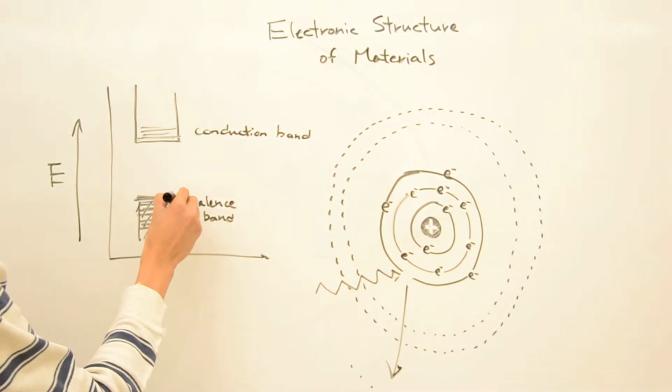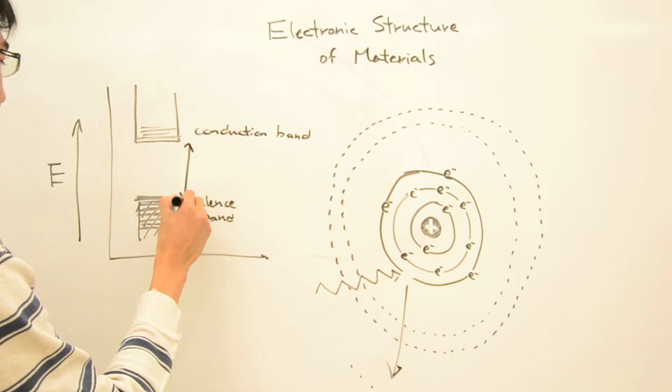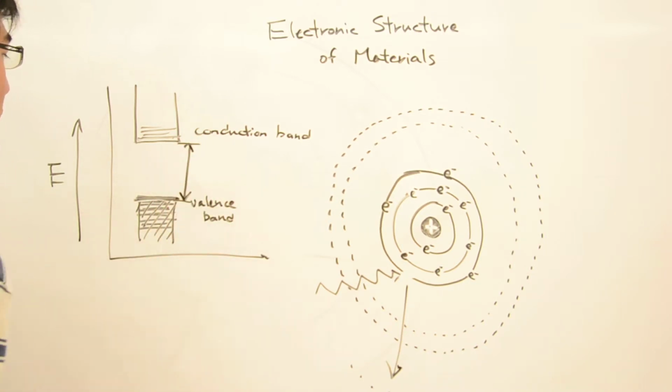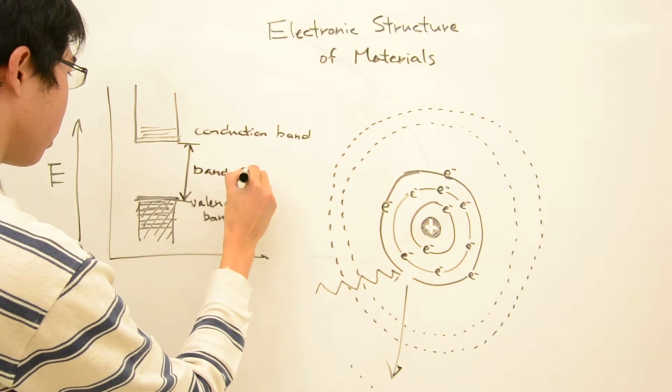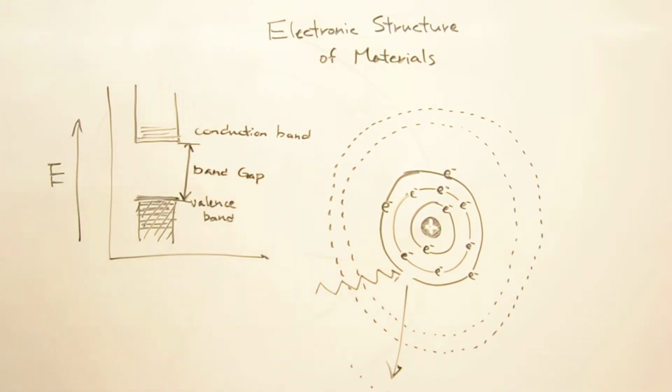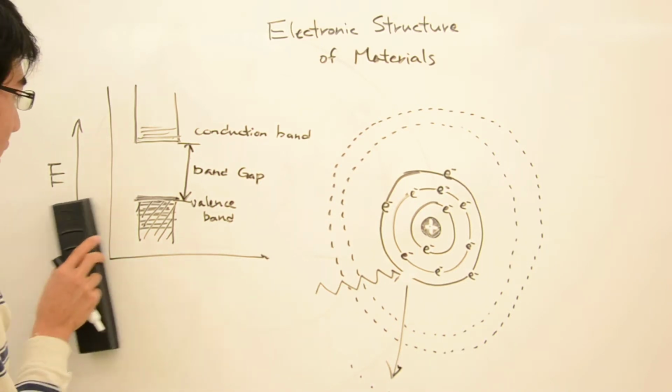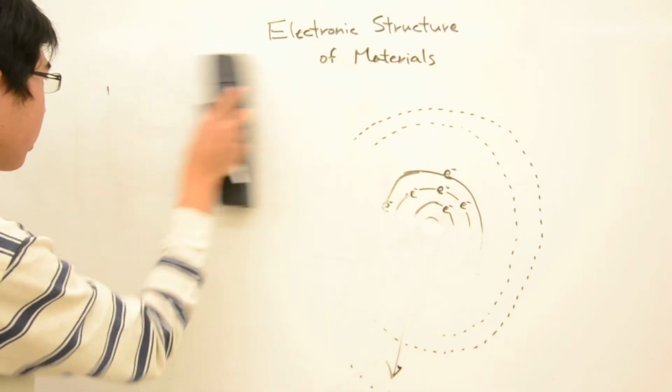There is this gap between the conduction band and the valence band, and this is what we call the band gap. Now, there are, in general, three types of materials: conductors, semiconductors, and insulators. And in the case of a conductor,